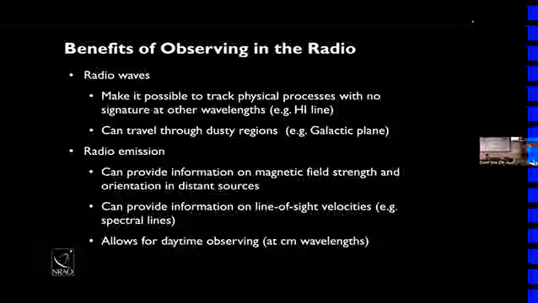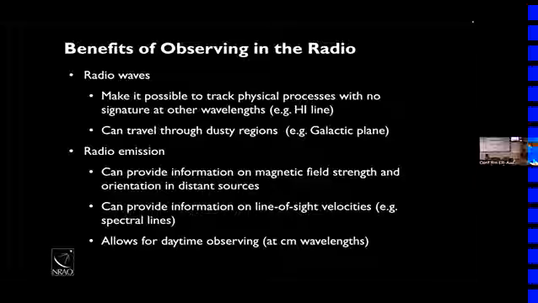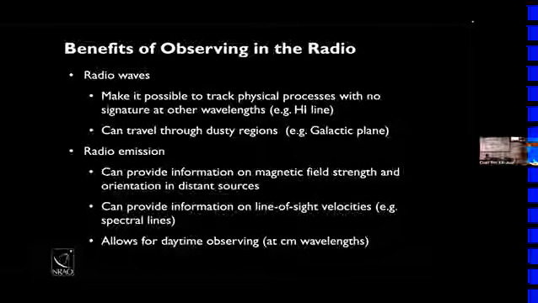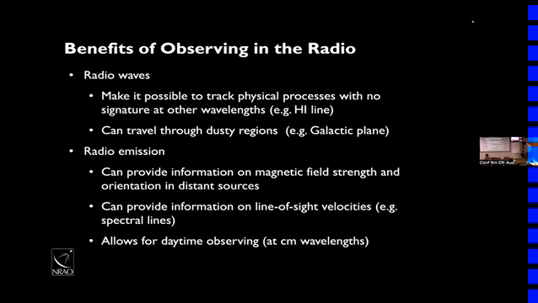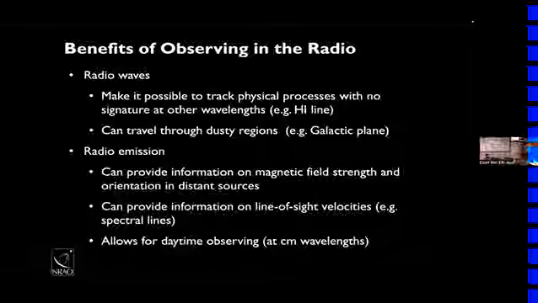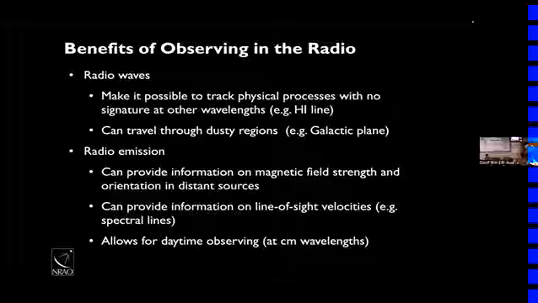Whereas at optical wavelengths, you've got all this gas and dust in the plane of the Milky Way that optical light can't travel through. I mean, you've been out on a foggy day, and have you ever been out and it's so foggy you can see like 20 feet? That's because the optical photons are getting scattered by all that water vapor in the air. So you actually can't see very far. But then you pop on your infrared goggles, which are lower frequency, and, oh, there's someone about to kill me. So you can see, if you're in a horror film, people moving through the fog in scary ways.